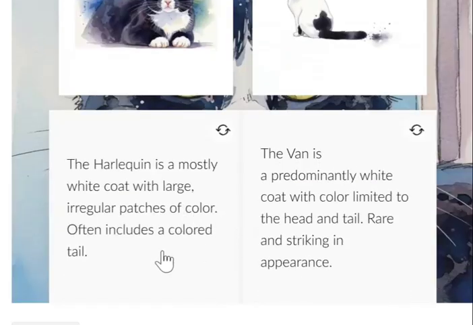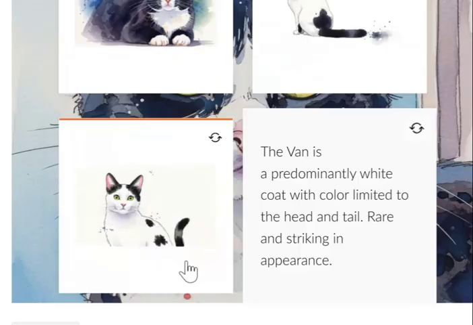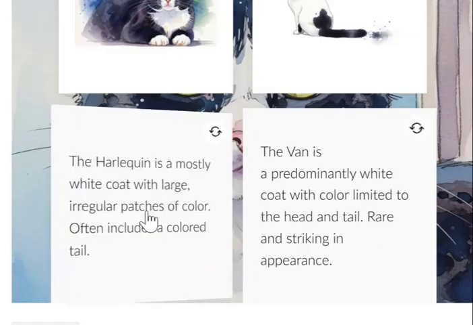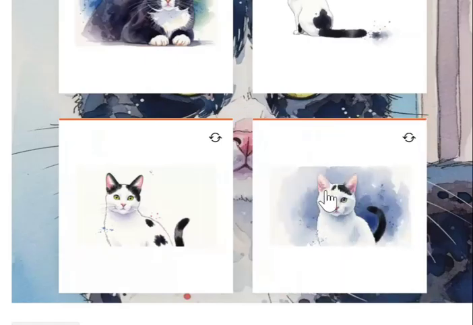Next, you have the harlequin, which is a mostly white cat with color that's kind of irregular, but it usually winds up on the tail and the head as well, but it's not quite a cap. The van is a predominantly white cat, and they usually only have color on the head and tail. So the difference is with the harlequin, you have some patches on the body. With the van, you only have color on the head and the tail,